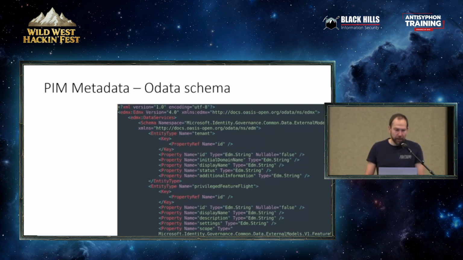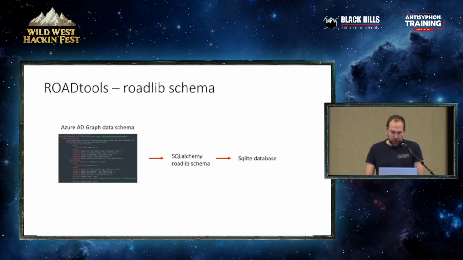More of my kind of problem is to integrate this. All these APIs are basically based on something called OData, and the model from Recon has always been very data-driven. That means I use the metadata document from the API specification to build the internal Recon data model, and it converts that into a SQLAlchemy schema.